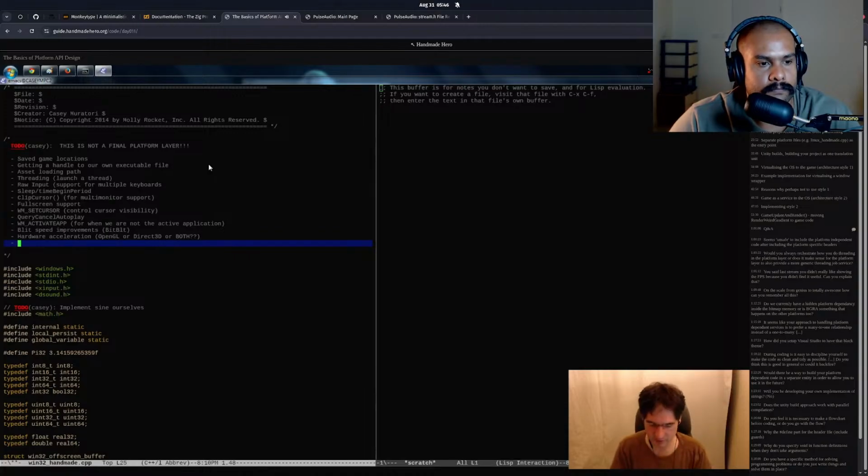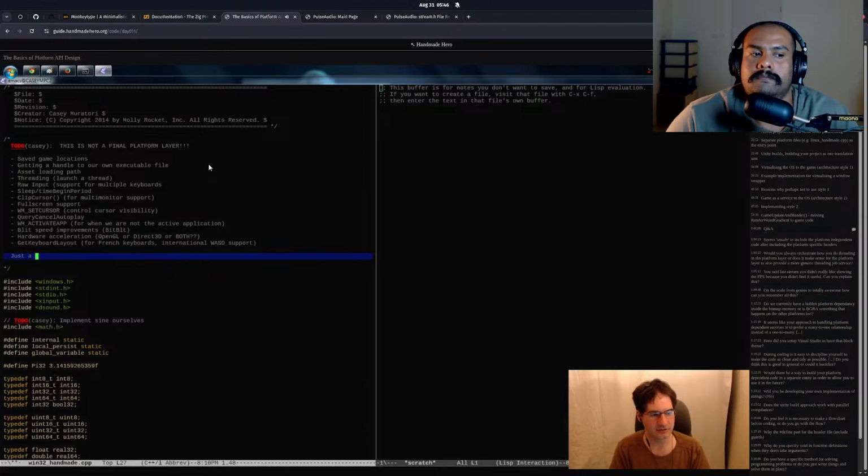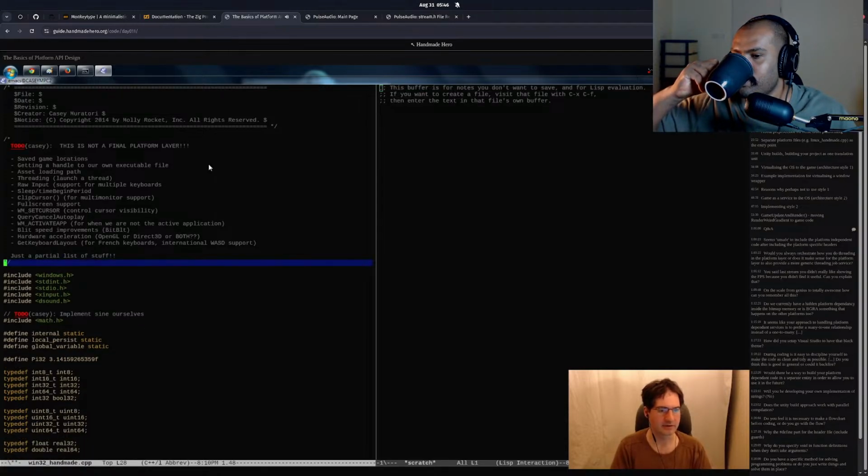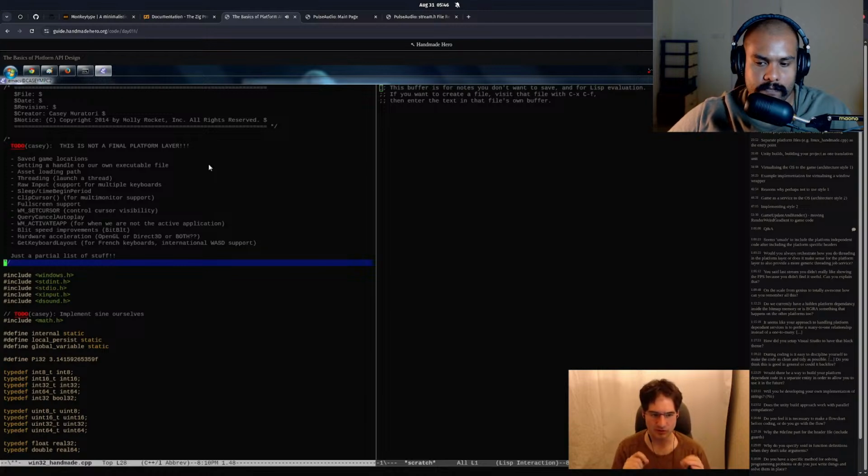And finally, we may want to do some stuff with get keyboard layout for French keyboards, WASD, basically international WASD, and that sort of stuff. International WASD support. And that is just a partial list of stuff. So basically, that is something to keep in mind. So hopefully that just gives you an idea of how much stuff we actually have to do